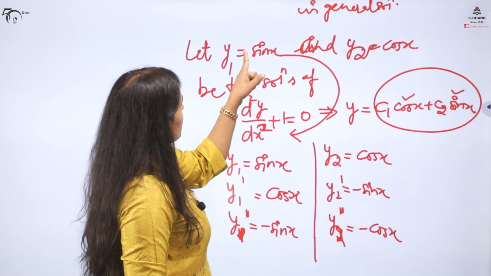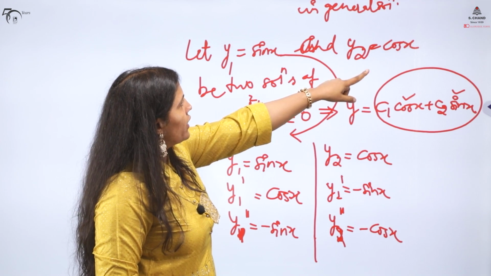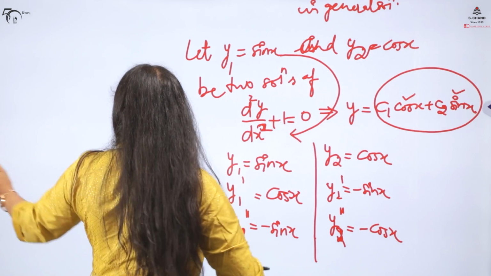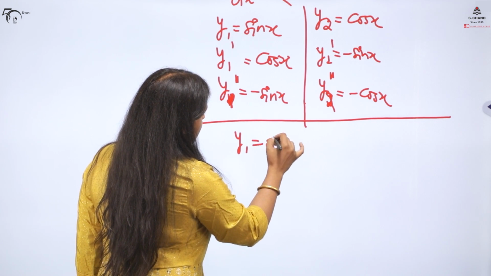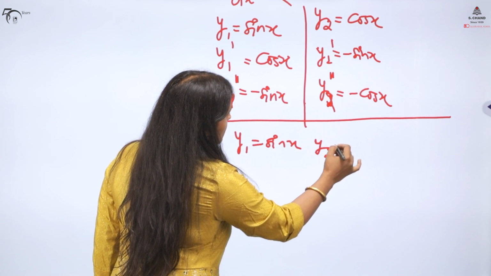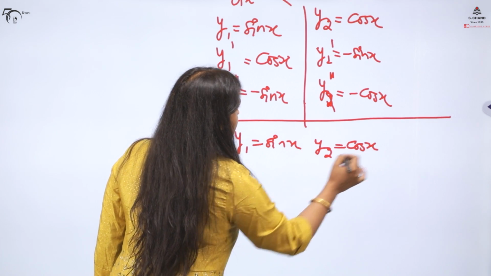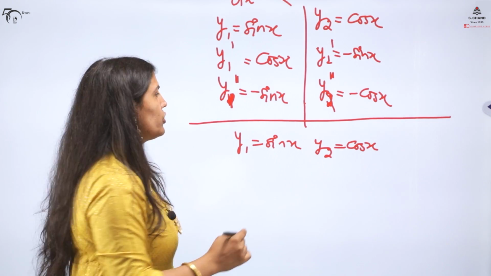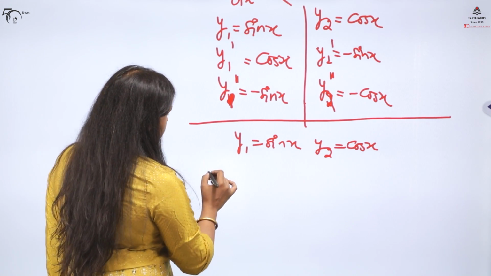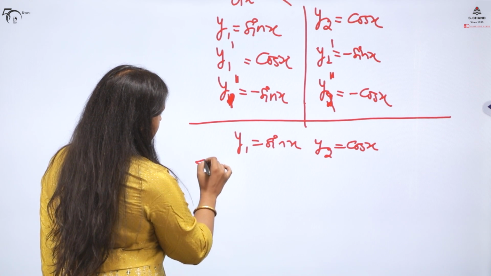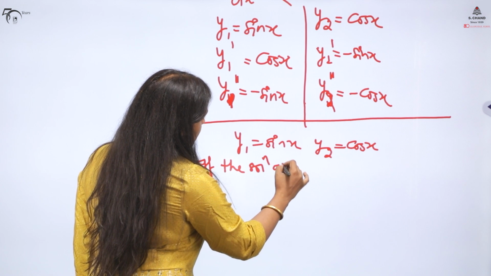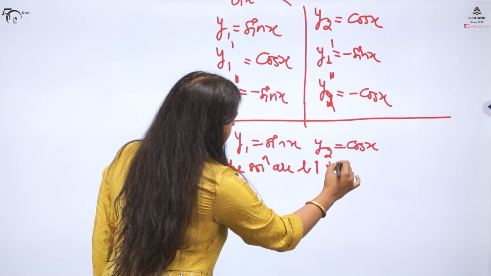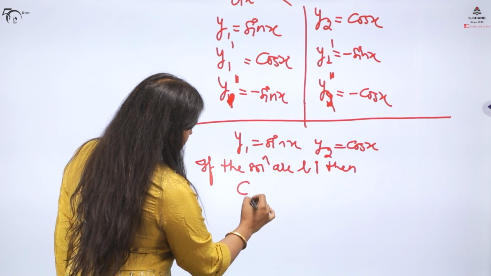So this is a solution. Now y1 equal to sin x and y2 equal to cos x, linear independence and dependence. How will you be checking? Your y1 is sin x, y2 is cos x. I am just telling you the general definitions right now. So if you have two solutions and they are linearly independent, then this